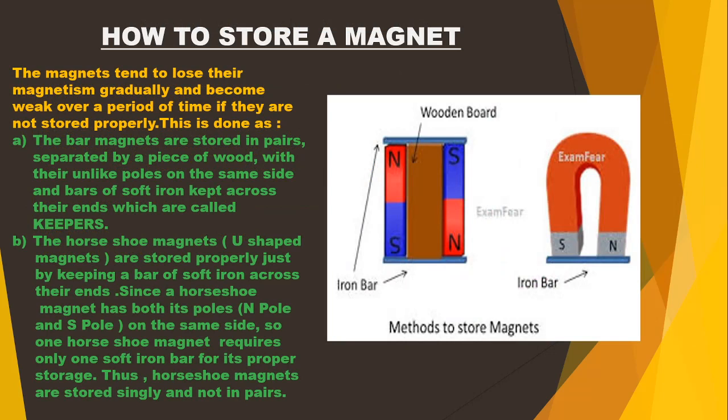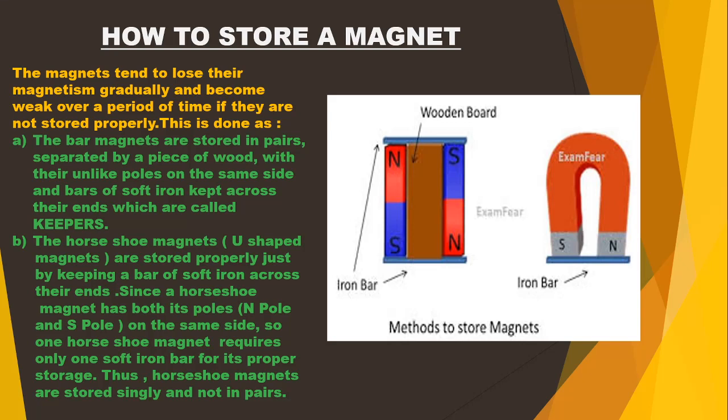Now we are coming to the very essential thing. We have studied so much about the properties of the magnet and how to make the magnet, but we should also know how to store a magnet. If you just keep the magnet without much knowledge or without the proper technique, the magnet tends to lose its magnetic property, gradually becomes weaker, and ultimately loses all its magnetic property. So we have to know certain rules for how to store a magnet.